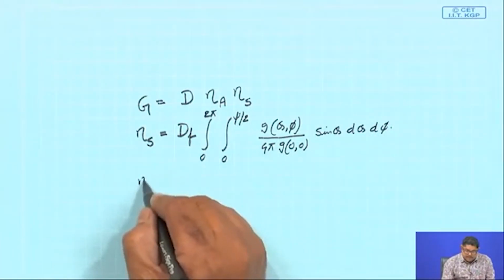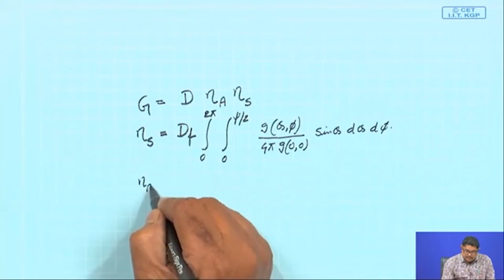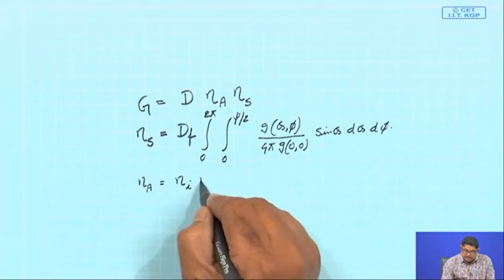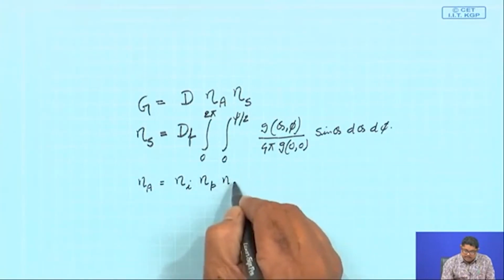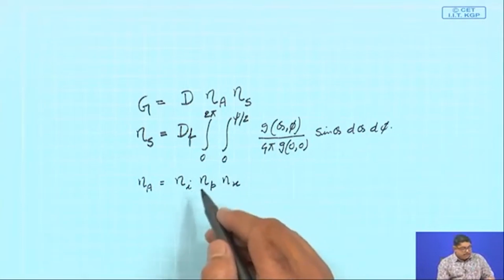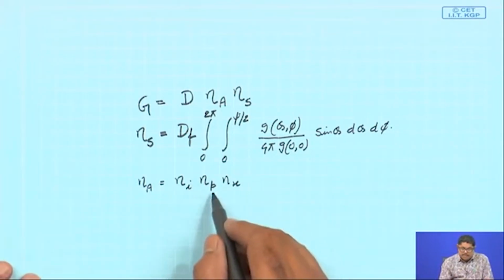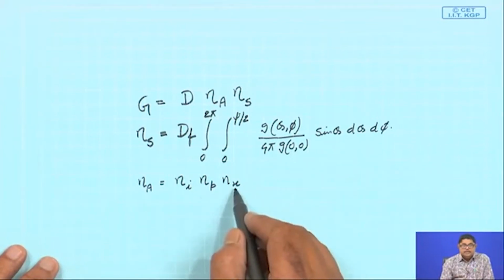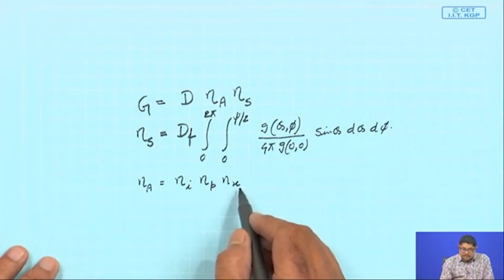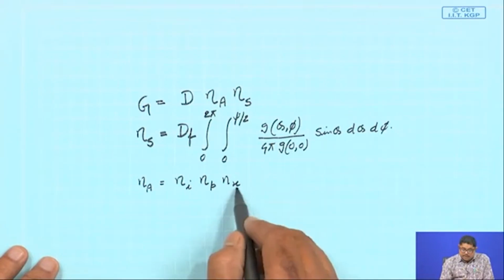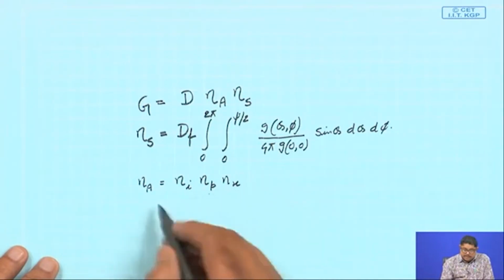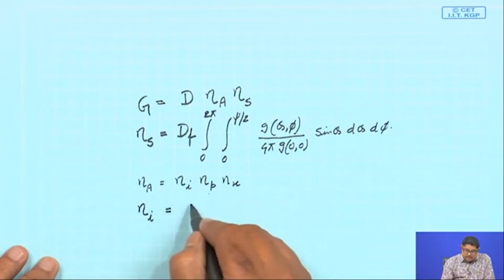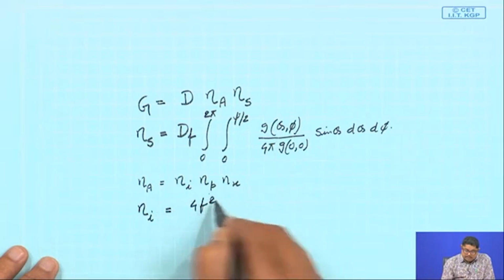And about the aperture efficiency, we have said that it is the product of three efficiencies: the illumination efficiency, the polarization efficiency and the uniform field efficiency. So, when we have assumed these two to be the same, the illumination efficiency expression we have written as